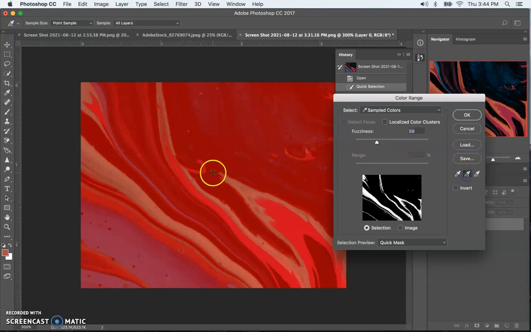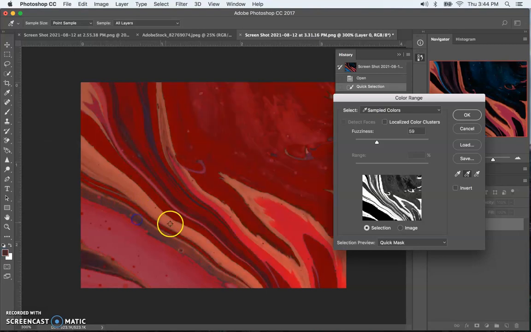I'm going to go to plus, and I'm going to add some information to it. So now we see in this little preview what I have selected. That looks pretty good to me. I might want to select a little bit more down here. Yeah, that looks good. I mean, that's quite a bit of the image, but I think I like it. So I'm just going to hit